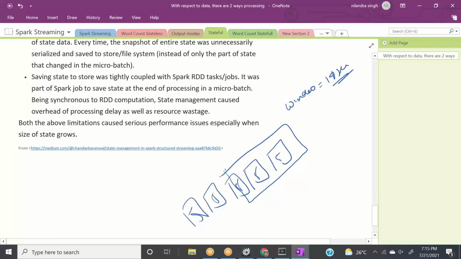So what is the preferable option? Always create your window size and your sliding interval as a multiple of the batch interval. So let's say if your batch interval is 5, your window size can be 10, 15, 20 as a multiple of 5, and your sliding interval can be 5, 10, 15 as a multiple of 5. And it makes sense. It's not rocket science to understand, right? That's why the best practice is to always have the window interval and the sliding interval as a multiple of your batch interval. Okay.